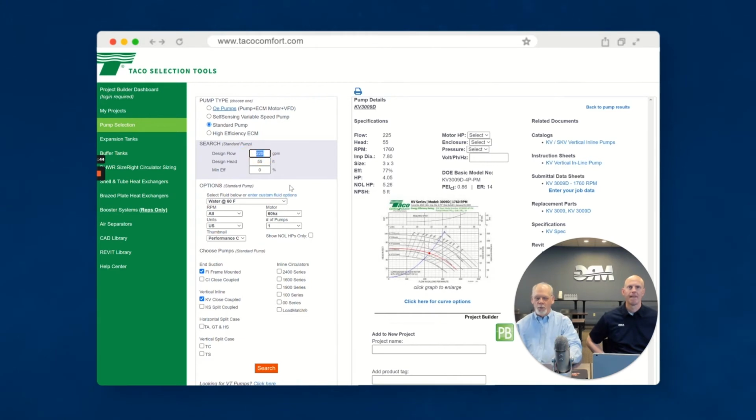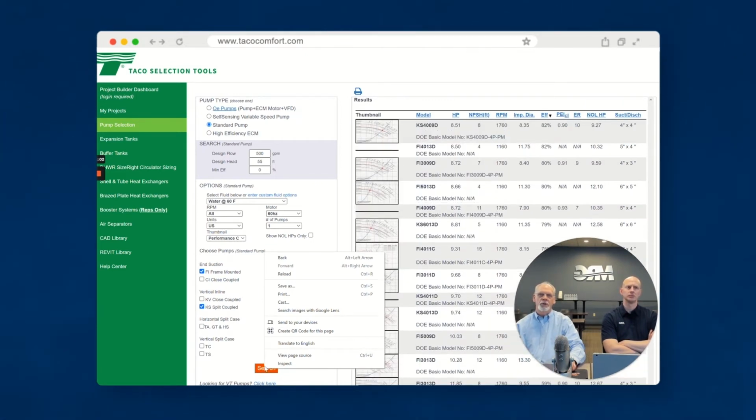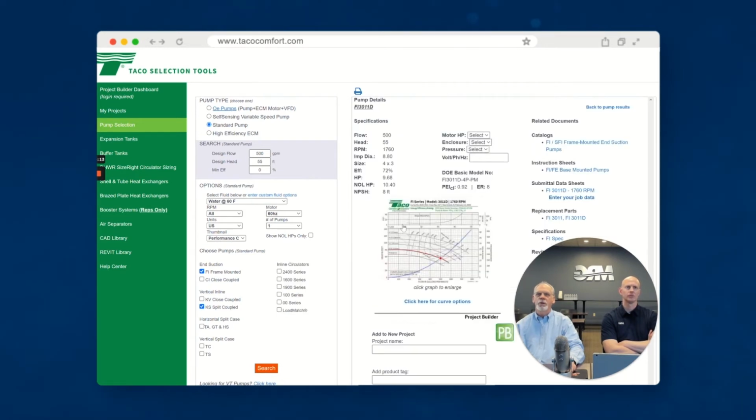We're going to go up a little bit more, up to 500 GPM, and use the same 55 feet of head. Because we're going to have a bigger pump, I'm going to make a selection of this KS pump, where you can change the seals without moving the motor. As the motor gets larger, you want to have some flexibility. As I look here, the first thing I do is look down through my curves and want to see